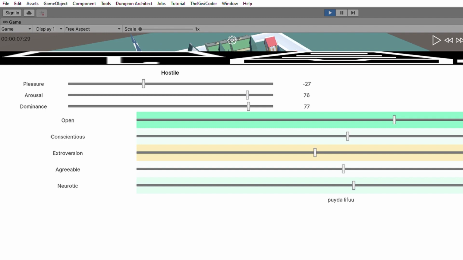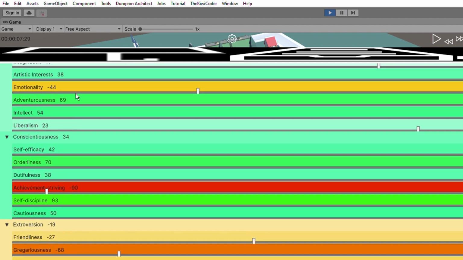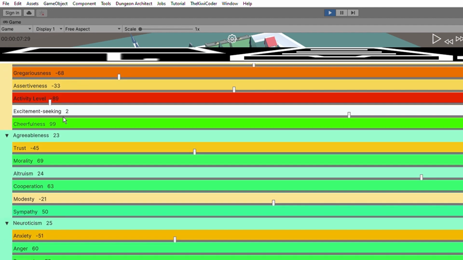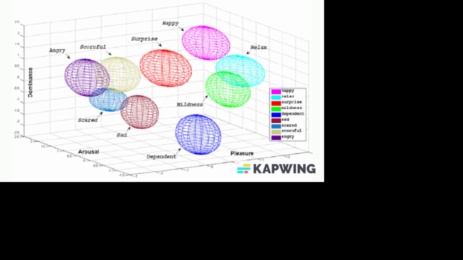As you can see in AMS, you can select the individuals you want to inspect and dig into, and then you can go through each one of their traits and subtraits and see where they score on that. You can also look at their emotional state. AMS uses the PAD model of emotion. PAD stands for pleasure, arousal, and dominance, and your emotional state is defined at the intersection of those traits in kind of a 3D model. If you take a look at this graph, you'll see that happiness and anger exist almost at the same plane, but at opposite ends of the pleasure spectrum.